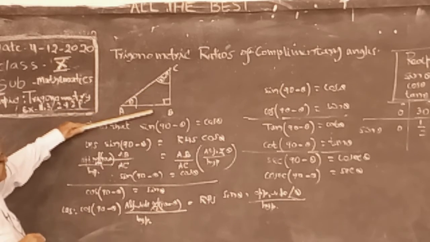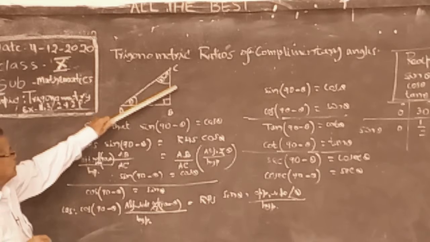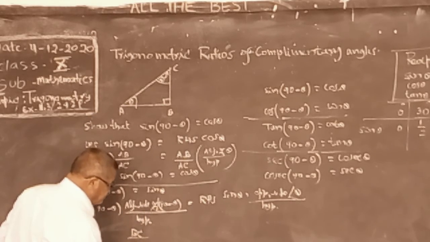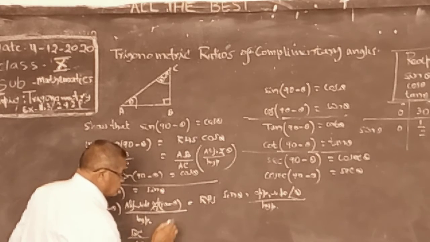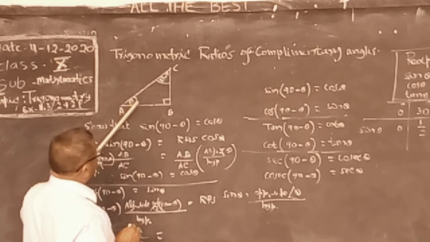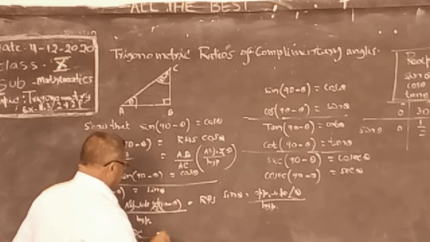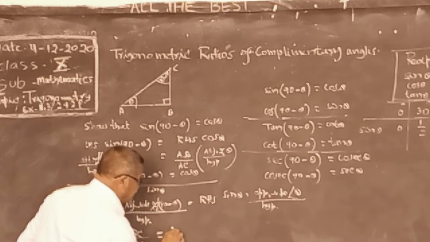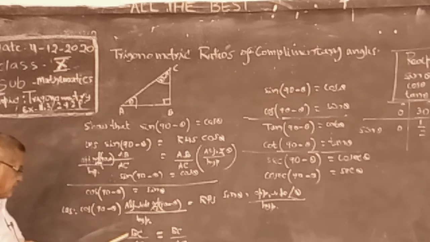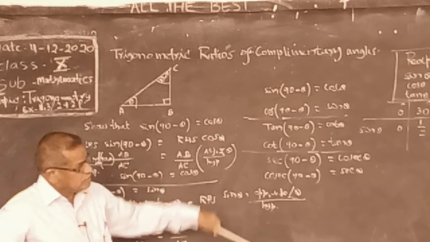This is the opposite side. This is the adjacent side, BC. BC by AC is equal to sin theta. Theta is here, the opposite side of theta, BC by AC. Since both the ratios are equal, we can say both are equal. So like that we can prove all of them